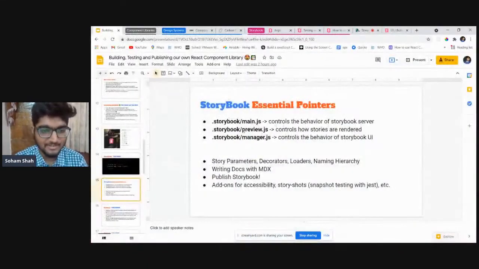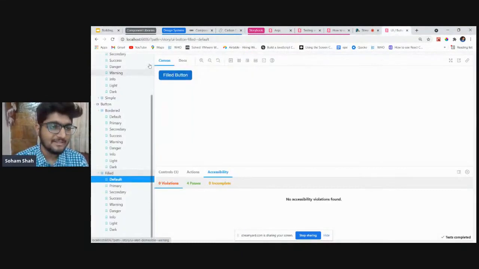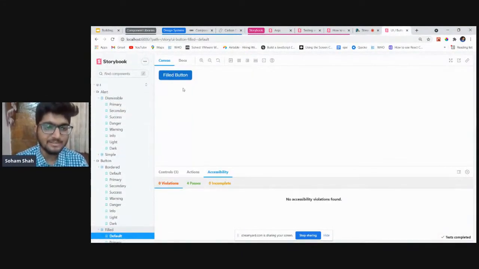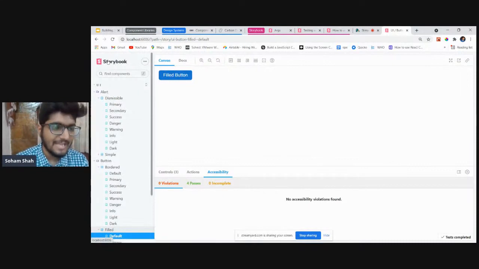So see, I don't have manager.js, right? Because at this particular moment, I'm thinking more about building the components and less about changing the theme and the icon and stuff.